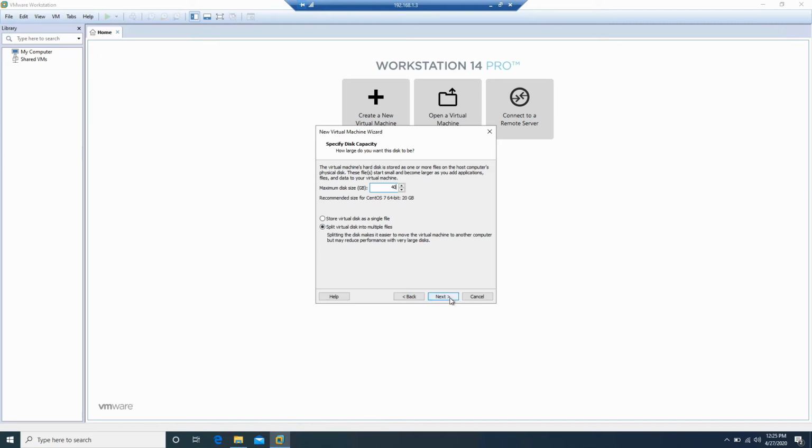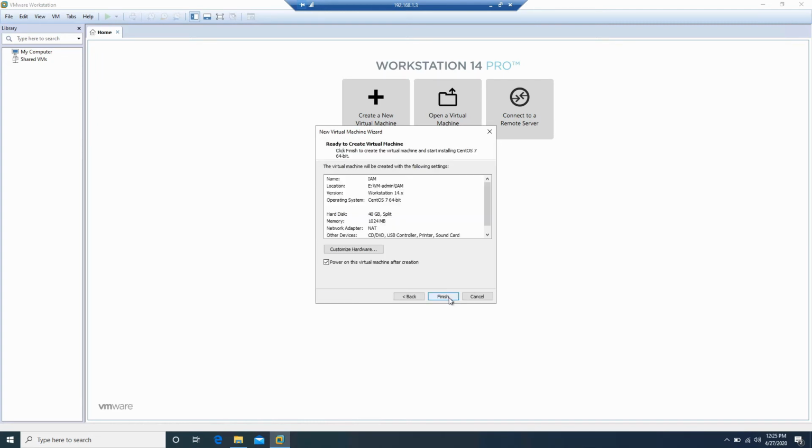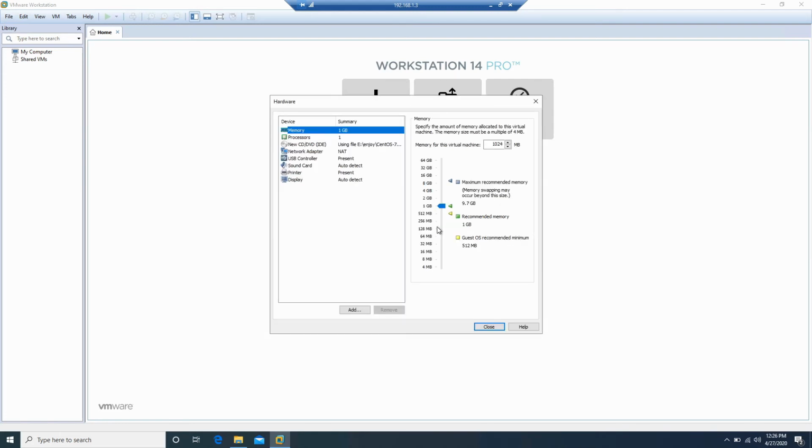Go with the out of the box options, and then it will show you all this configuration. If you want to change anything, just go back and change whatever configuration you want. You can customize hardware as well. Right now it has allocated 1 GB of memory, so you can go with 2 GB.